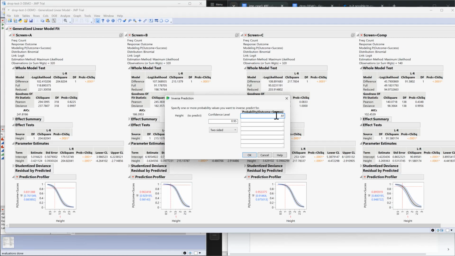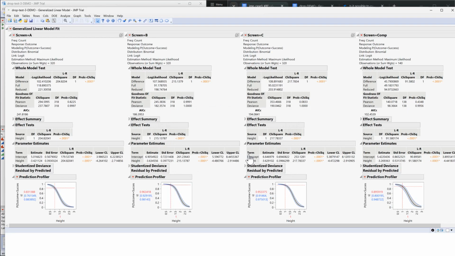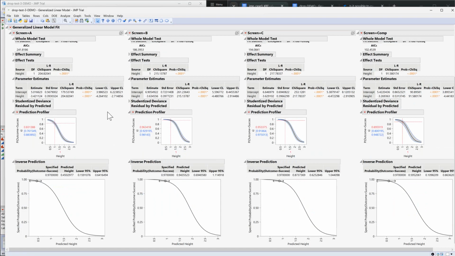So we're going to tell it, give me a confidence interval for the point estimate of 0.97 probability of success. And if we wanted to do other ones at the same time, we could do that by just entering those here, but this is the only one we're interested in. So now, notice it automatically added those to the bottom here, and we now have all of our screen types